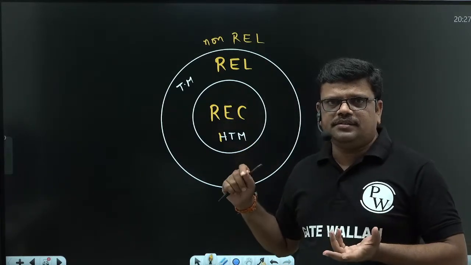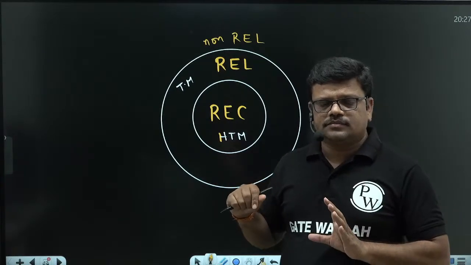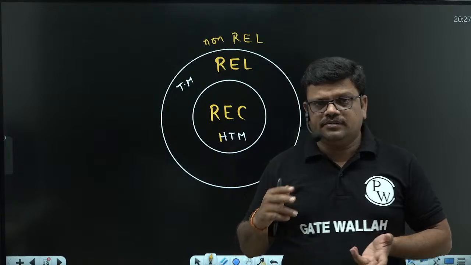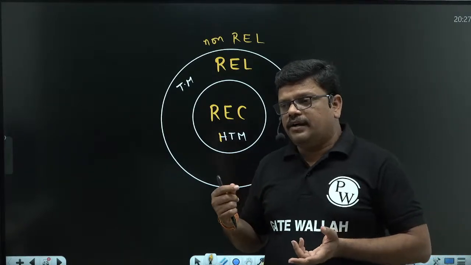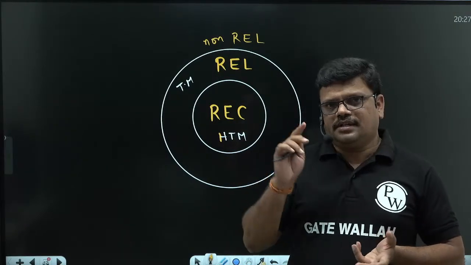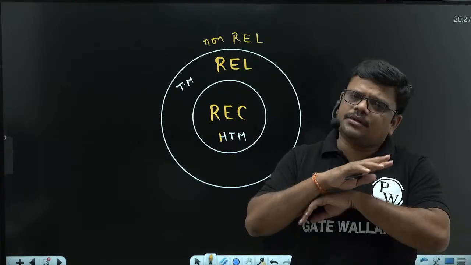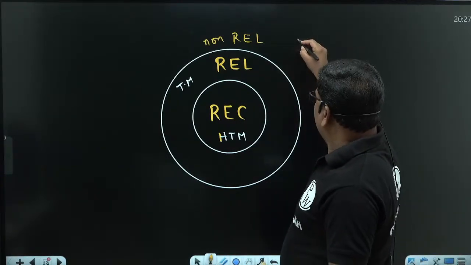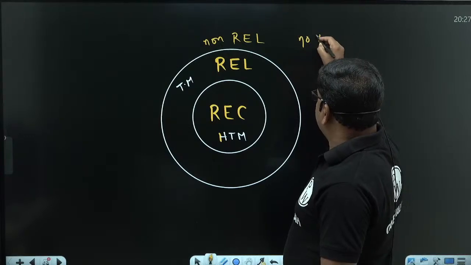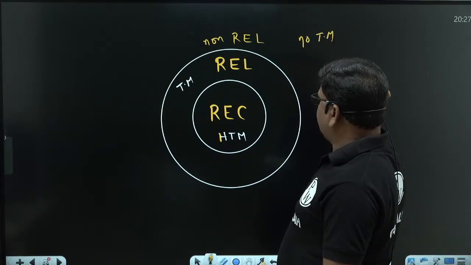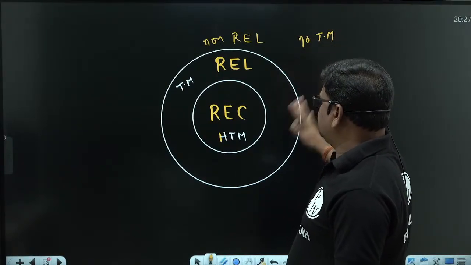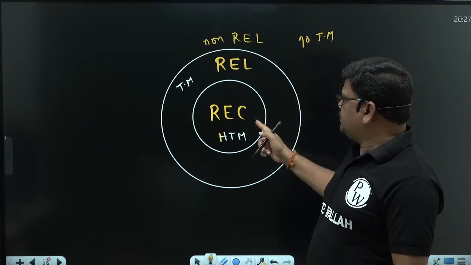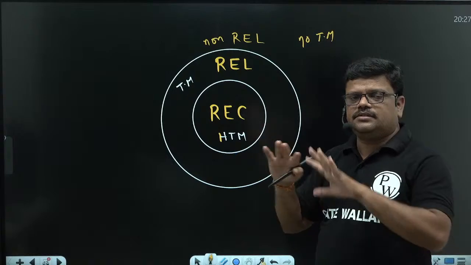What you need to study first is decision. Halting behavior is recursive. May or may not halt is recursive enumerable. Sometimes a Turing machine is also not possible. No Turing machine, see here. Here no Turing machine exists. A Turing machine is also not possible here. There are such types of things. So this is clearly undecidable. This is decidable. This is our semi-decidable. This is the region.